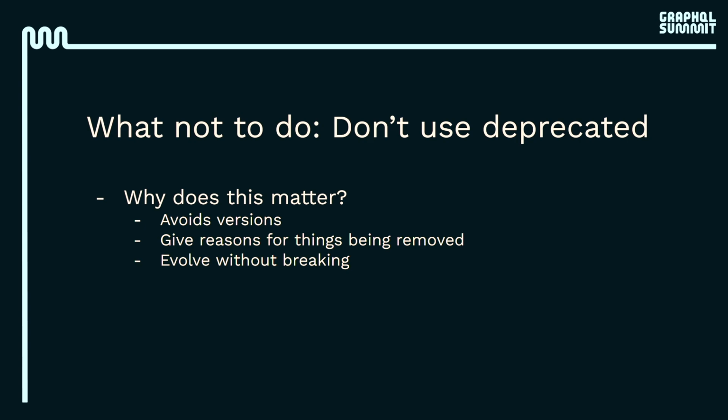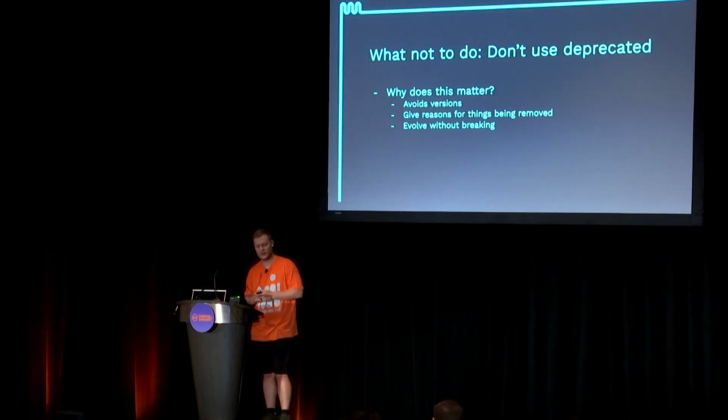We talked about naming a little bit ago. Say you name something wrong. You can deprecate that name and say, hey, we named this wrong, go use this other field, which is a great way to do it. And again, we kind of talked about it a little bit. The other thing is you can evolve without breaking. So not only are you deprecating something, but you're evolving your graph over time without creating breaking changes, which is a really nice fact to do.